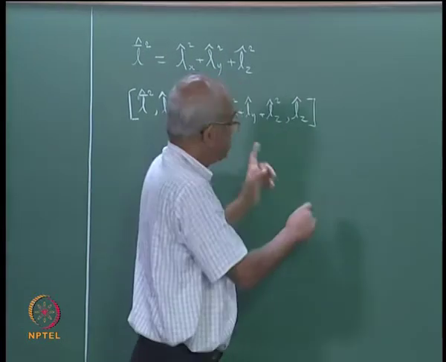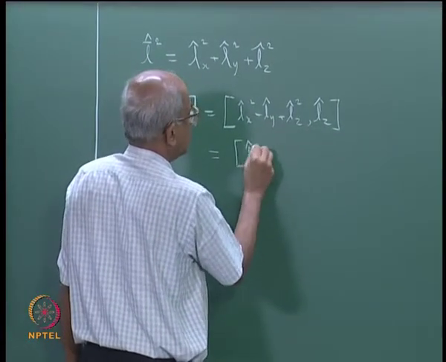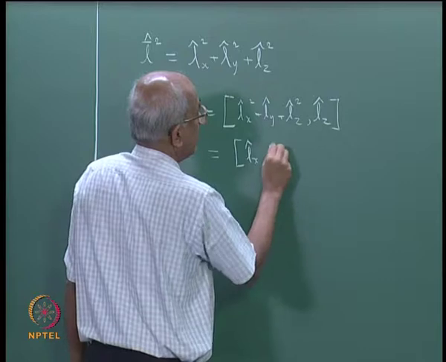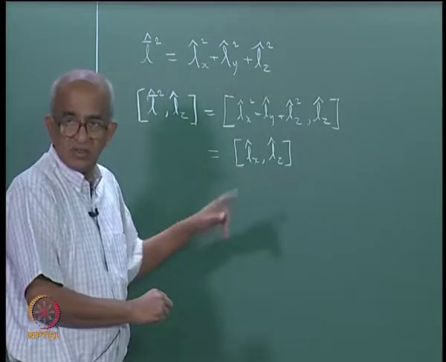But then you can see individually I can write them. You see this is actually nothing but [Lx square, Lz], right, plus